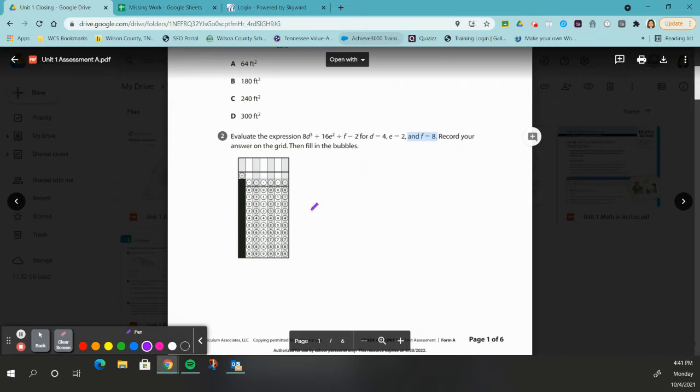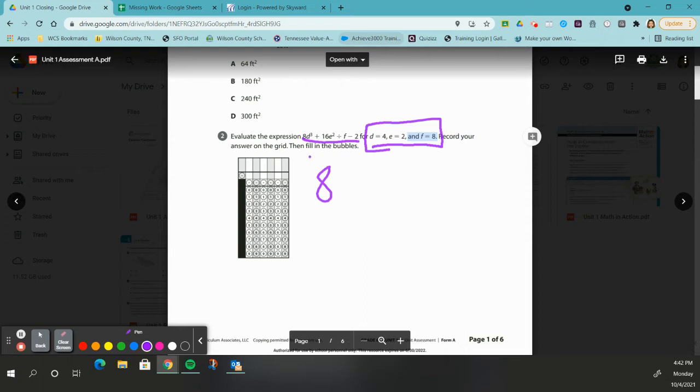Now, it sounds like a lot, and I get it. That can be intimidating. But when we have an expression like this, and then we are given values for those letters, remember, they are called variables. They're unknown. Now they're telling you, we know what those letters are, so plug them in. All right, so we're going to have 8d